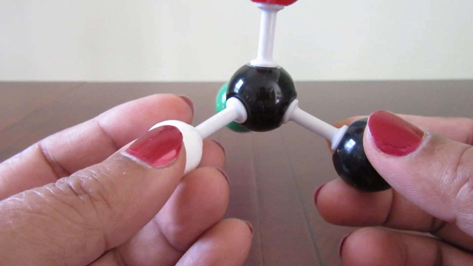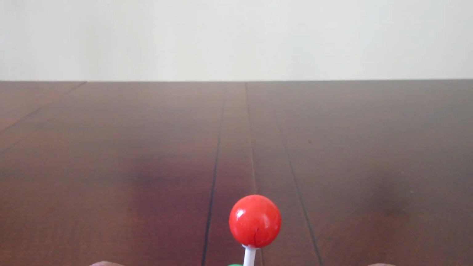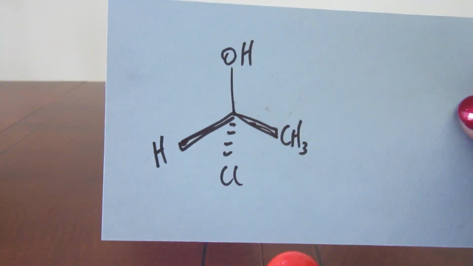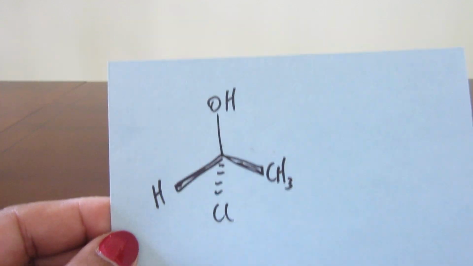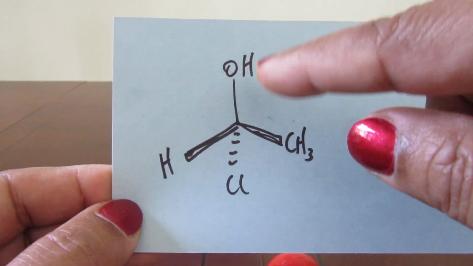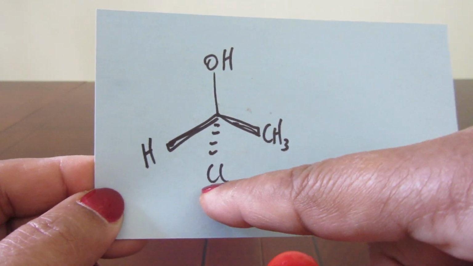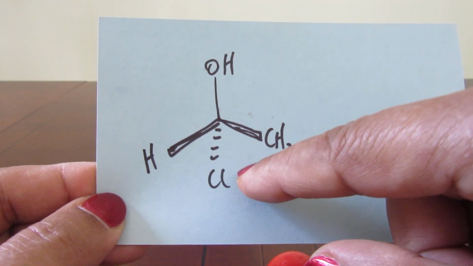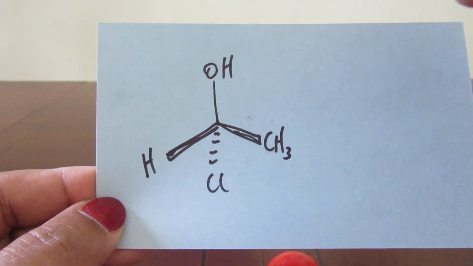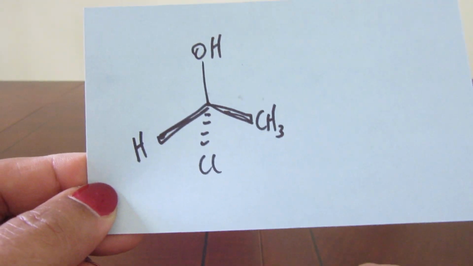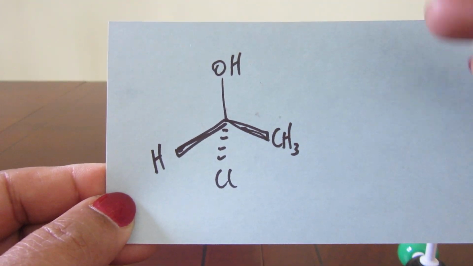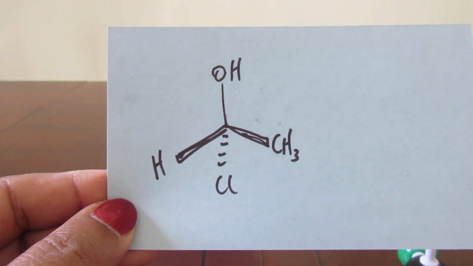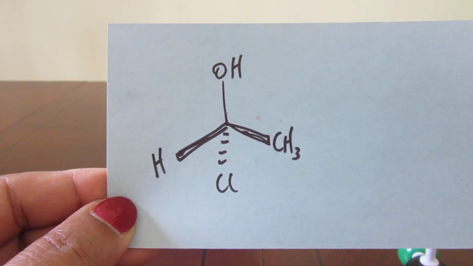Okay, so in this video we're going to learn how to figure out the R and S. So let's see, we have this molecule. Here you have an alcohol group, a methyl group, a hydrogen, and a chlorine group, right? So you have 4 of these groups. The stereochemistry is given in the sense that the 3D orientations are given to you, which means that the CH3 and the hydrogen is coming towards you, OH is in the plane, and Cl is at